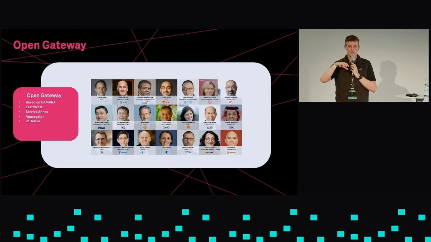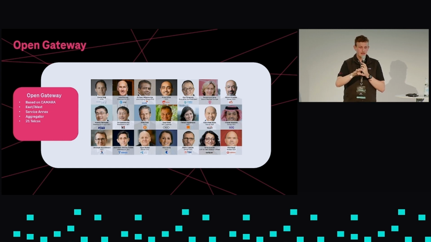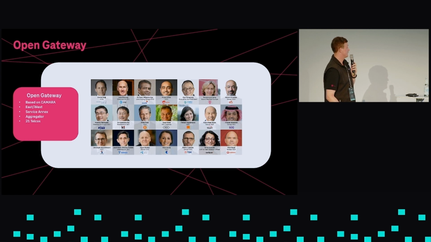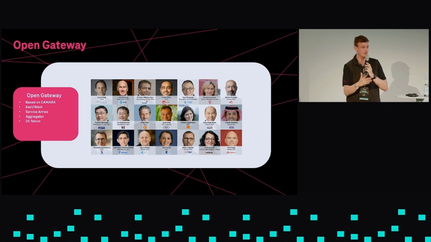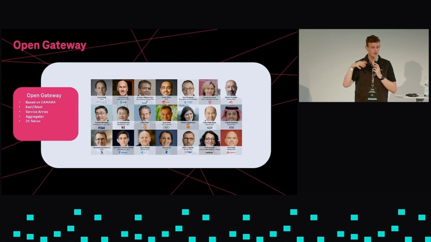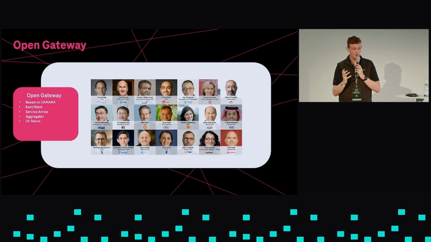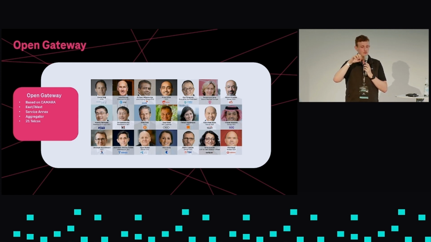Maybe somebody of you, it was mentioned in the first presentation today also, and the goal is to bring the APIs really into the telcos. As you can see, there are a lot of different players. I guess it's maybe all the telco networks, so that the complete globe is covered. Not all telco networks, but a good coverage for the whole world. And the focus is here really to bring the APIs into the network, to work on East-West federations, to really have something like API roaming contracts and stuff like this, and even going really to aggregators